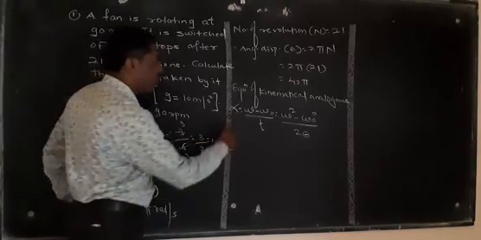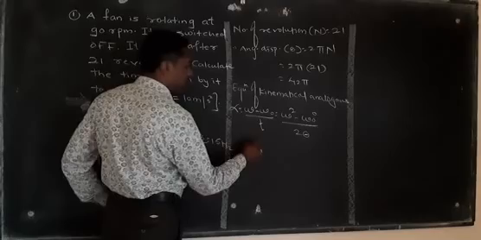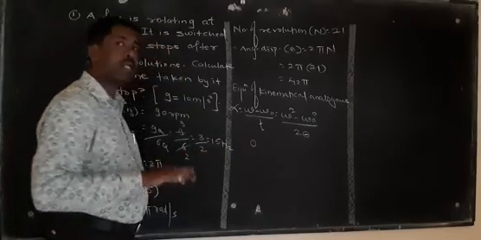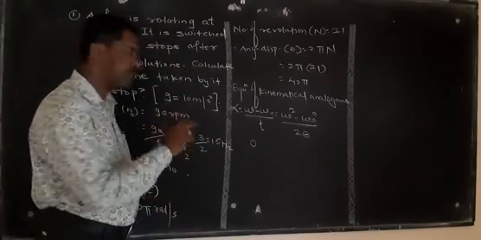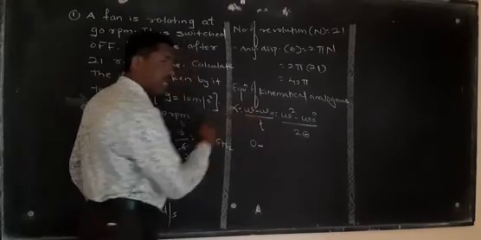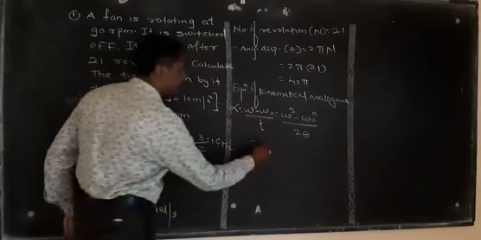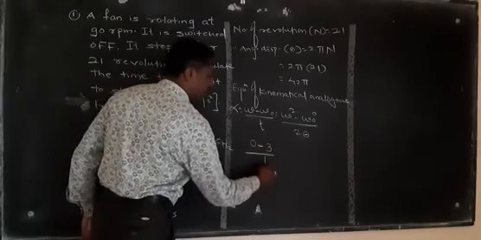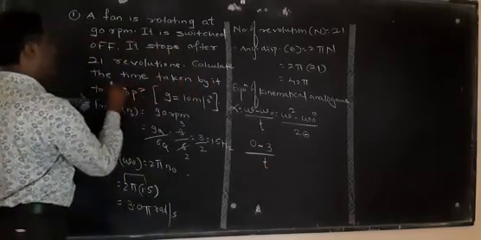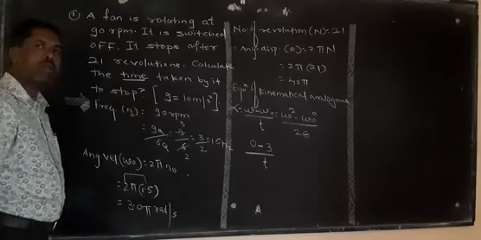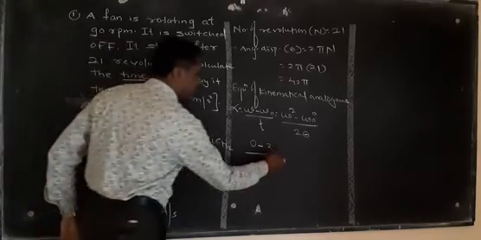But using kinematical analogous equations, we can write this. Put the values. Omega, since the fan finally stops, so its final angular velocity is 0. What is the initial angular velocity? We have to find out. That is 3. Time that we have to calculate. Time we have to find out. The time t as it is.